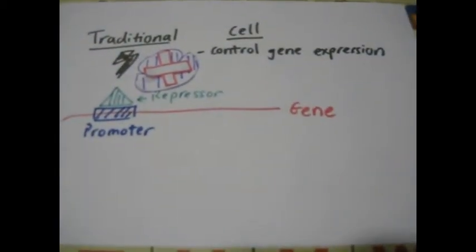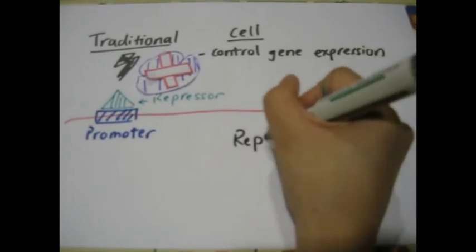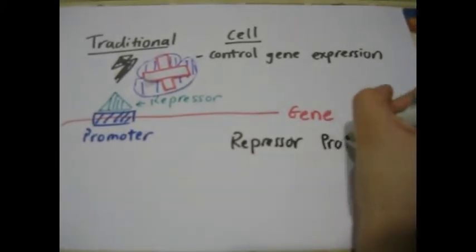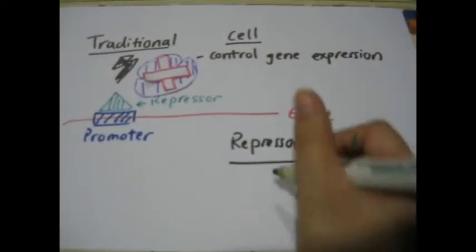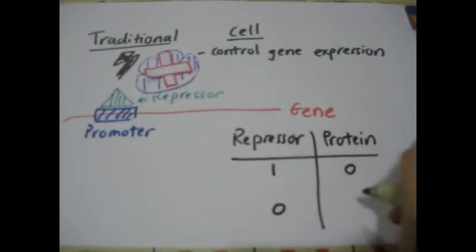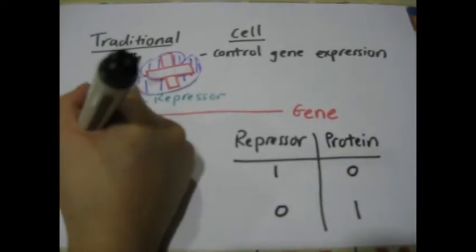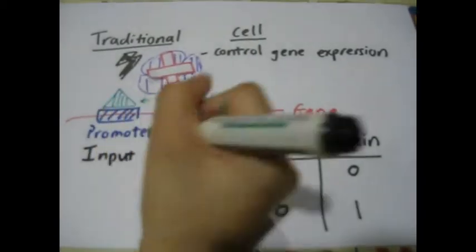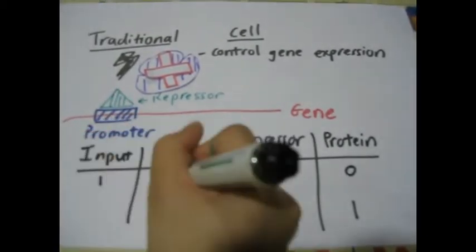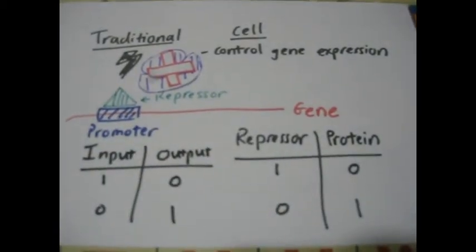If we were to put these outcomes in a table, we can see that the repressor is the input while the protein is the output. Hence, the presence of a repressor leads to no protein expressed. Conversely, its absence will allow for RNA polymerase to bind and thus lead to a protein being expressed. Can you see a similarity between this system and one of the basic logic gates? Indeed, the output-input relationship of this system resembles that of a NOT gate.